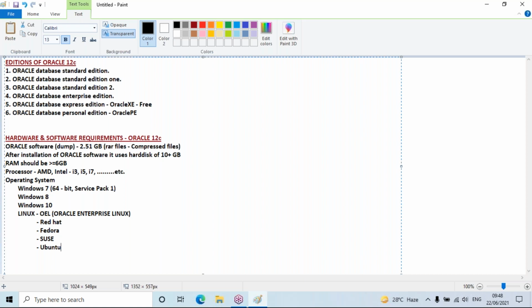Because it is open source, there are approximately 500 plus flavors available. Any Linux is fine.